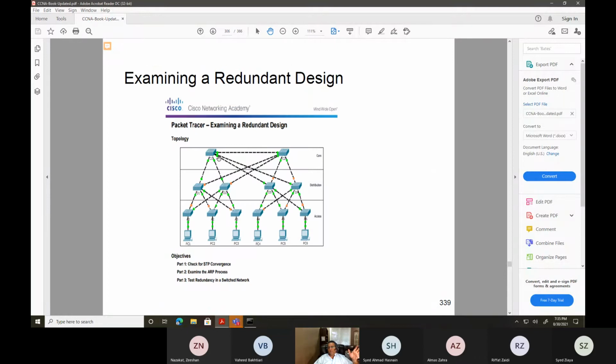So this is a redundant design, because every switch is connected to every other switch for redundancy purposes, right? If one link goes down, then at least you have a path to get to the destination wherever you're going. In any work environment, in any corporate environment, you will always see switches have two connections out there. You will never have just one connection. Let me take my words back. I have seen single connections also, but most of the time I've seen there's always redundant connectivity for the switches. And the only reason you do redundancy is to make sure that if one link fails, the other link is up.